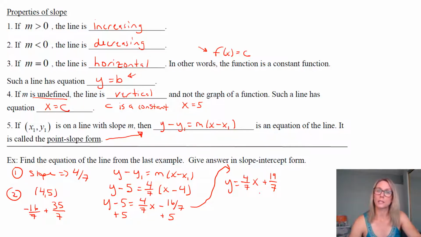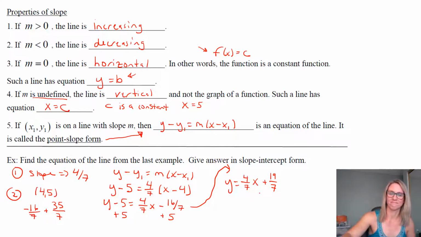Sometimes we get fractions. Lines and most stuff in math is not always pretty. We do a lot of kind of nice number stuff, but in this case, we have a slope of 4/7. We actually have a y-intercept of 0, 19/7, or it looks like that would be 2 5/7 as the y-intercept. But our job was just to find the equation of the line and write it in slope-intercept form,